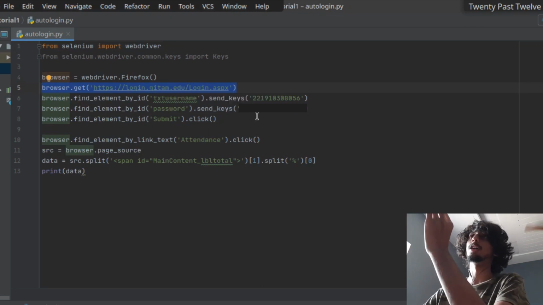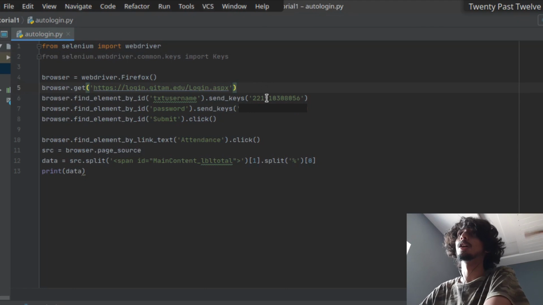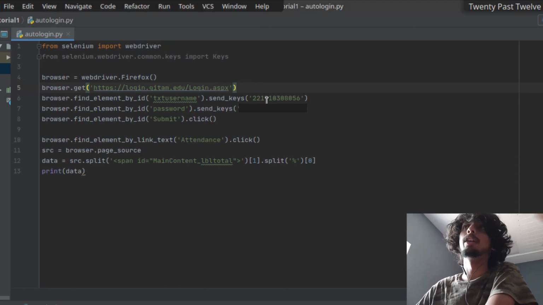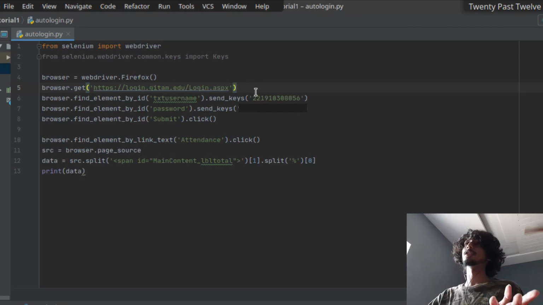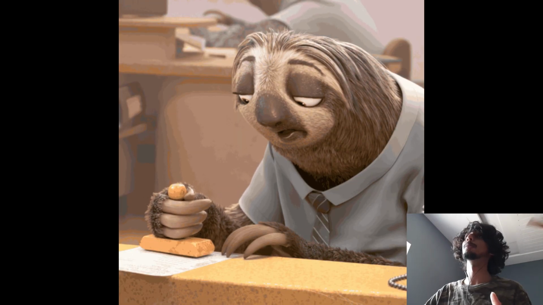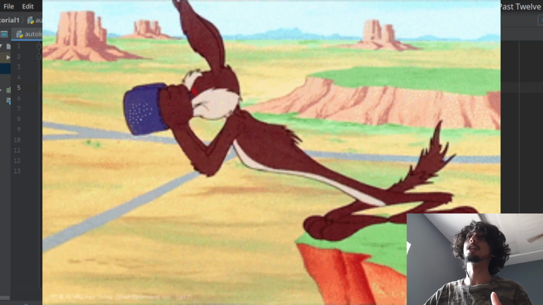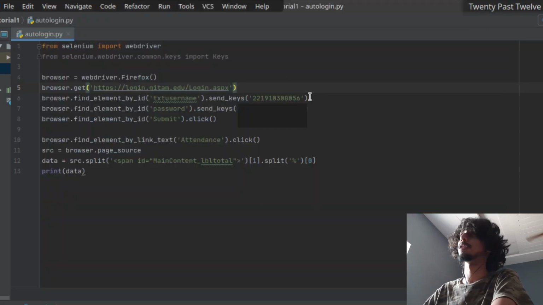Imagine the website takes 2 more seconds to load, but our code right away searches for the username text field. Since the web page is loading slowly, it won't be able to find this element, and it's going to throw an exception that it couldn't find the element.